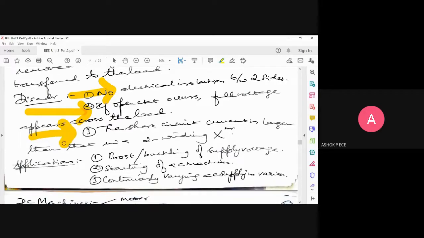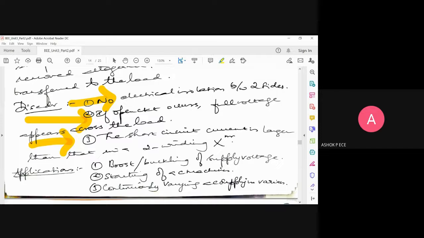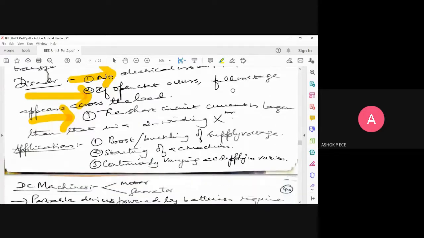In case a short circuit occurs, it is going to have a serious effect on the load because it is two times higher than that in a normal transformer. In a normal transformer, primary and secondary are not connected electrically, but here since they are connected in series, with any short circuit, the effect will be two times more severe compared to a normal transformer. So please be clear on that.